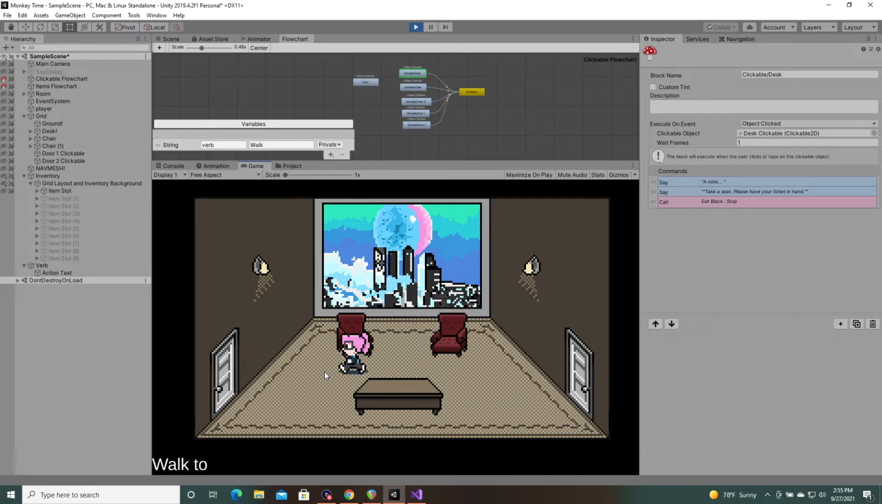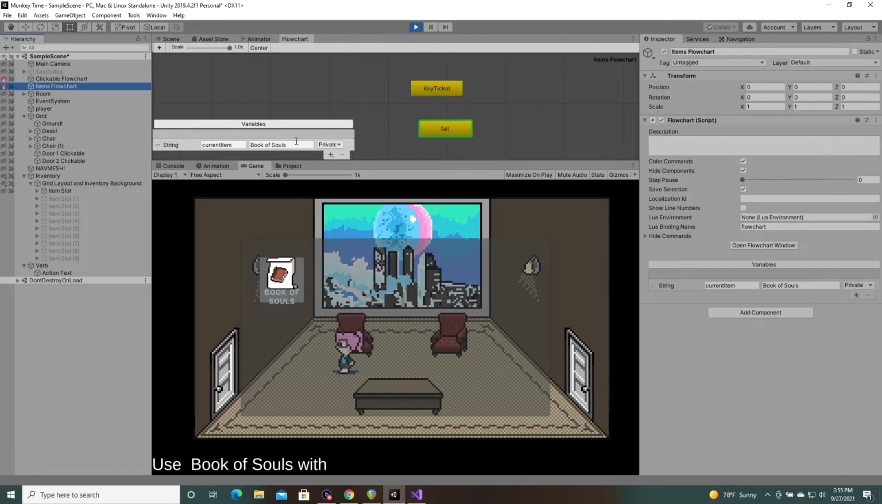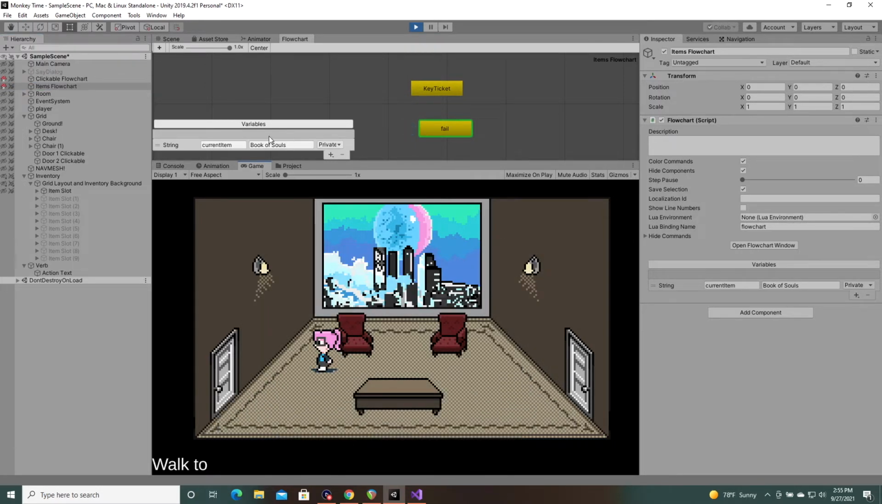If I go to our inventory and I click Book of Souls, then if I go up here and refresh the flowchart, it says use. So our flowchart knows what we're doing, which is great. And our items flowchart should know that my current item is Book of Souls. That's amazing. And if I use Book of Souls with Book of Souls, will it switch back? No, it still remembers our old current item, but that's not going to matter